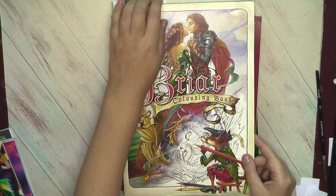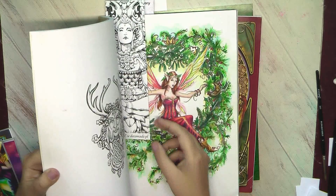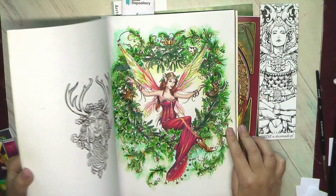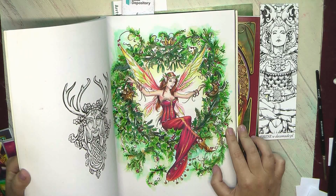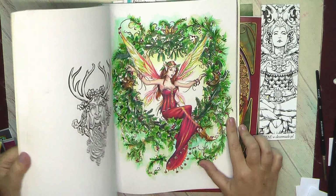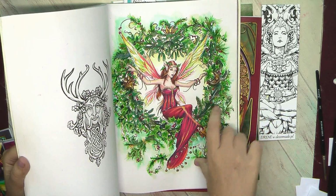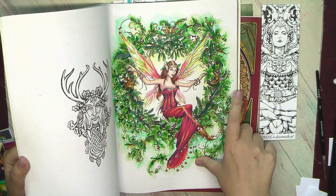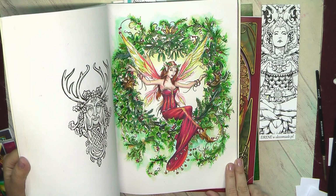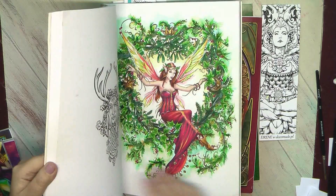only one page here. The paper here is good both for watercolors and pencils, so when I did this Christmas wreath, I combined watercolors first and then worked on the details with Polychromos. The fairy is made with pencils and the wreath with watercolor and a little bit of pencils for details. I think that it was a good start and I was quite eager to do other pictures,